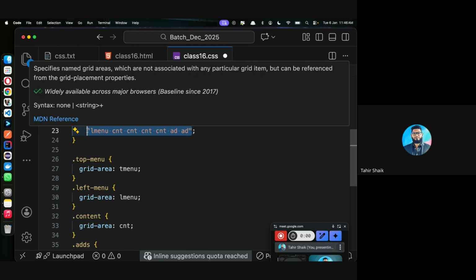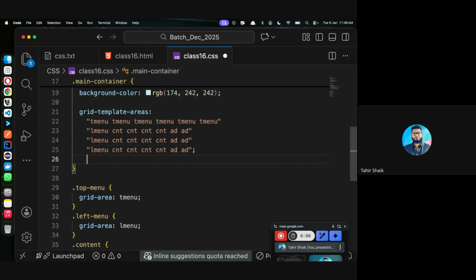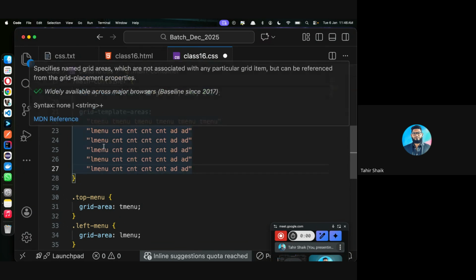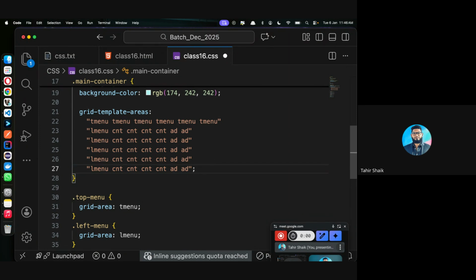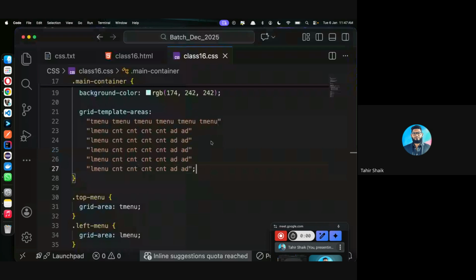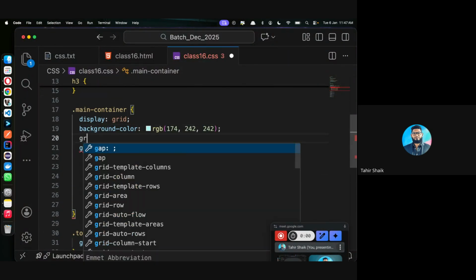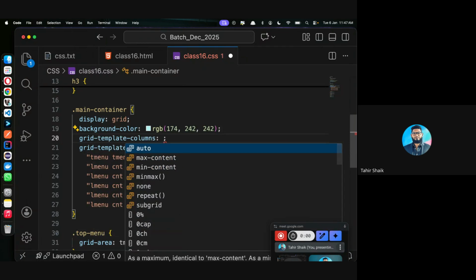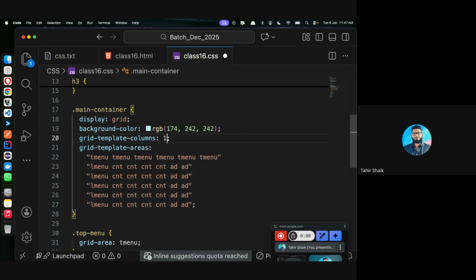Once after looking at the output, then you will understand it more properly. Okay, let's just design something like this. So 1 2 3 4 5 6. Okay, so we have just defined how much space to take and where, right? With the help of grid template areas. Okay, so now what we need to do is define the grid template columns. Okay, grid template columns we need to define. So if I just mention